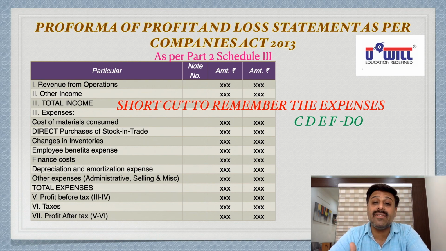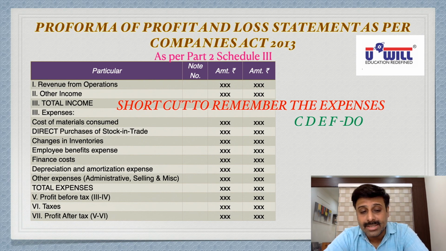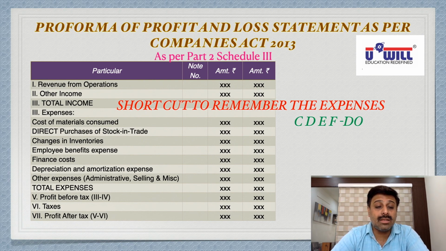Within other expenses, administrative: directors fees, audit fees, printing and stationery, postage and telegram. Selling expense: advertisement, carriage outward, commission allowed, discount allowed. Miscellaneous expense: all other expenses, including trading account expenses like carriage inward, royalty, all the other expenses which cannot fall in any of the above categories. You get total expenses, then third item income minus fourth item expenses, we will get profit before tax, then sixth item tax, profit before tax minus tax will get profit after tax. One more concept to be understood, statement of retained earnings, but that will be taken in further lectures.